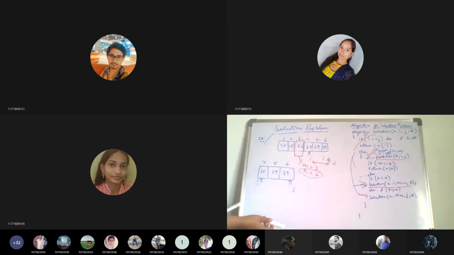So in this list, how to find the partition? The pivot will be 35. Increment I until you find a value greater than 35. Is 29 greater? No. Is 39 greater? Yes. So I will point here. Decrement j until you find a value less than 35. This 29 is less than 35. Yes. And I is not less than j. So that means you have to swap with the pivot. These two things should be swapped.